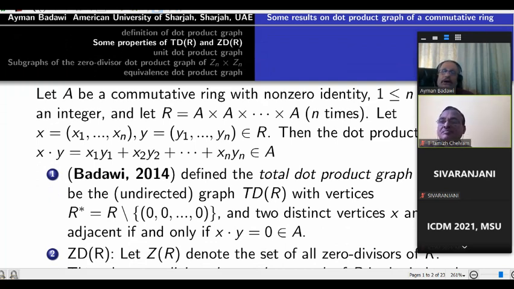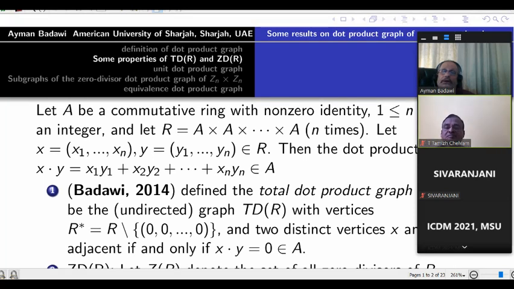You take your ring A to be commutative with non-zero identity, and you take R to be n copies of A, and R will be A cross A cross A, n times. And if we take two elements X and Y,